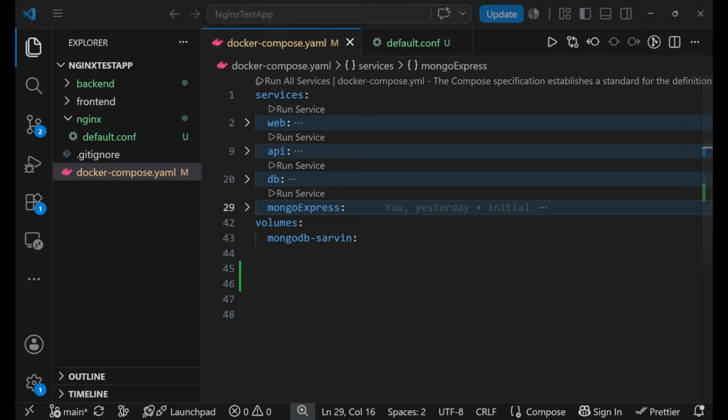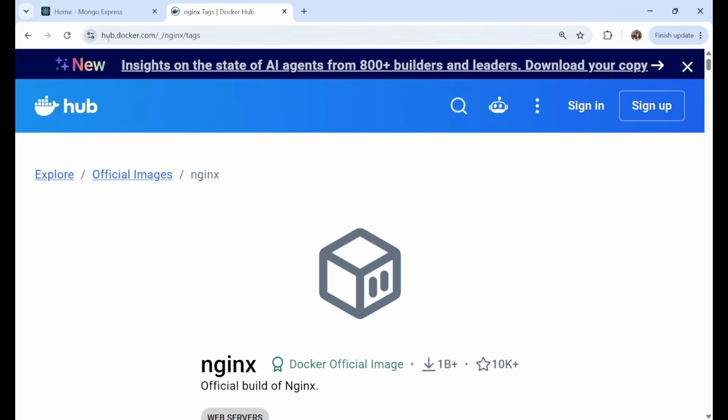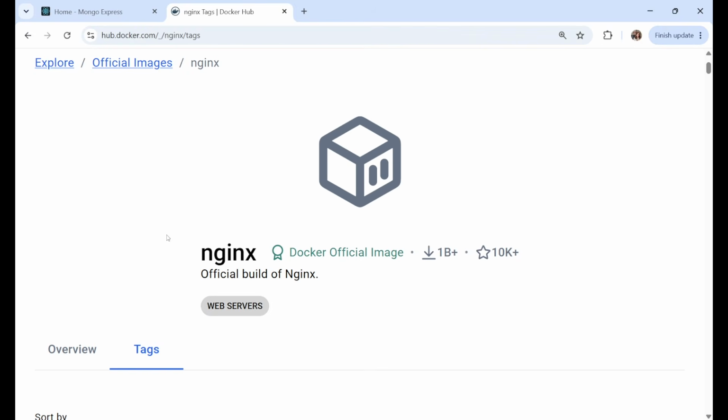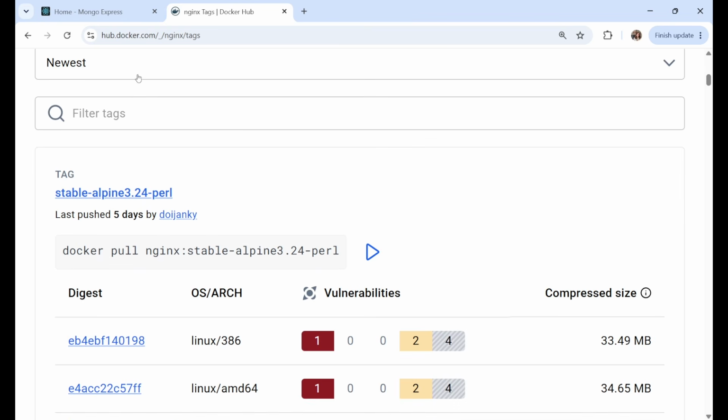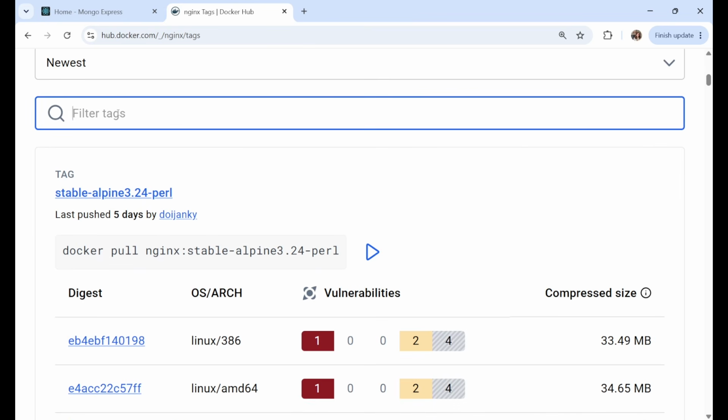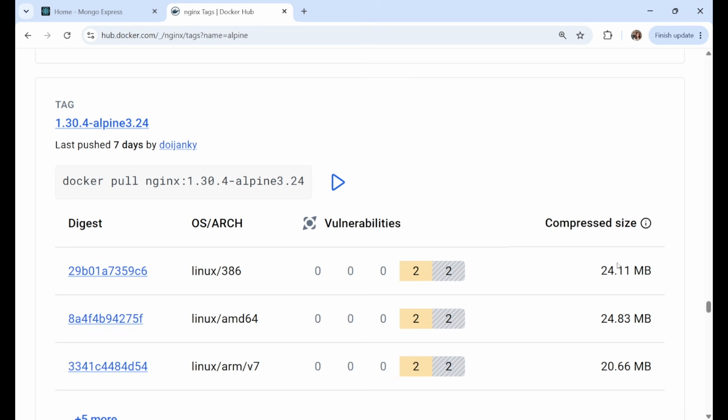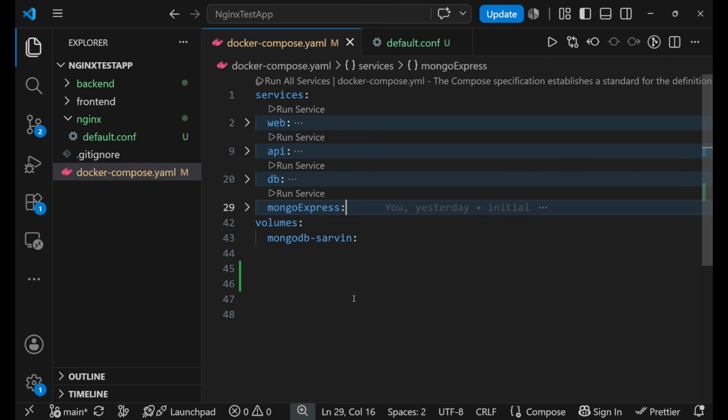But before that, let's move back to the browser, and inside Docker Hub, let's search for Nginx. Inside the tags, let's look for Alpine. I want to choose this tag, which has a compressed size of 24. So let's copy the tag, and inside our Docker Compose file,